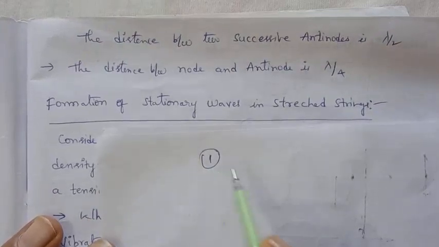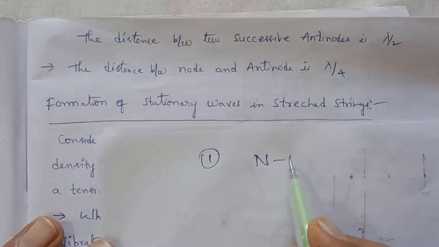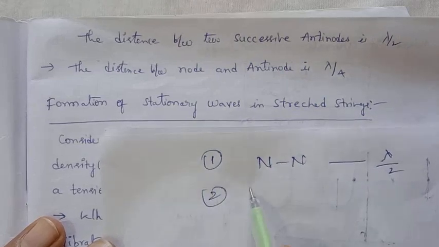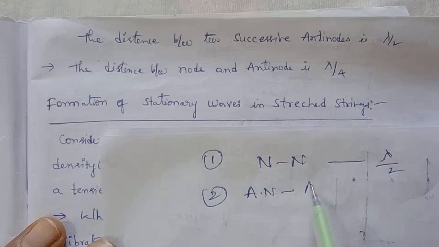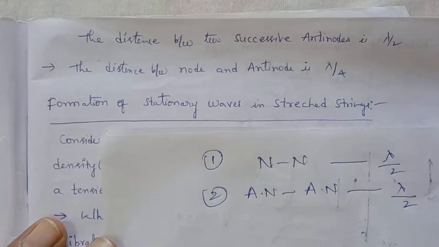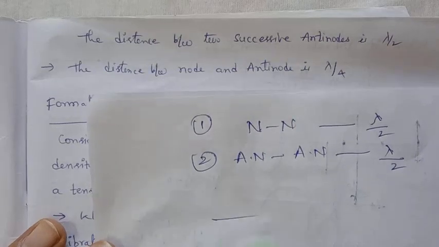So you have to remember the points. The first point is node to node. What is the value? Lambda by 2. And the second point, antinode to antinode, is also lambda by 2. Okay. And next, in this,